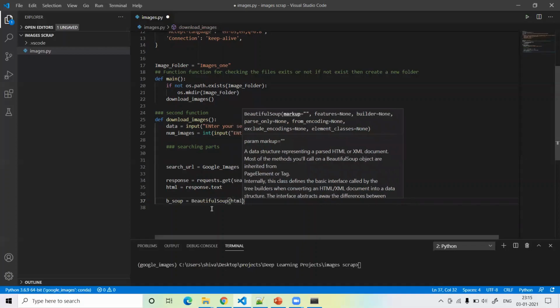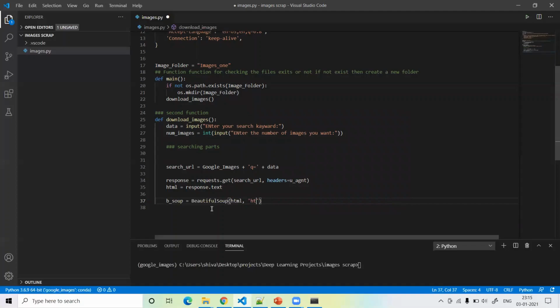So we have to write BeautifulSoup, then call BeautifulSoup with our HTML, this data set, and then the HTML parser. Why do we write BeautifulSoup? Because we have to parse and extract the features from this HTML data, guys. So we call HTML and html.parser using BeautifulSoup.